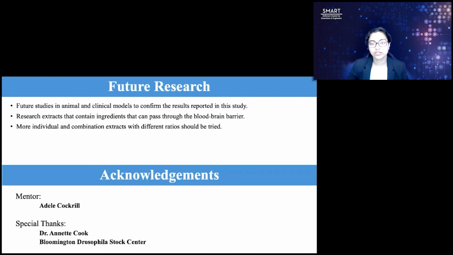So although the results of this research were very promising, I really wish I had access to transmission electron microscopy to see the plaques and tau reduction in the fly brains that were raised in the extract combination mediums. It also would have been amazing if I could establish that the compounds in these extracts were able to penetrate the blood-brain barrier, and this would trigger many innovative treatment options using natural extracts.